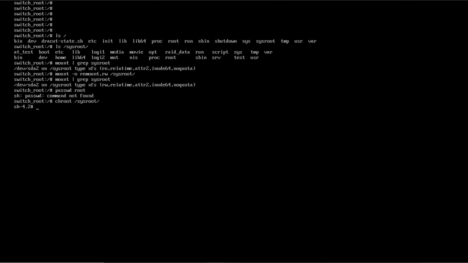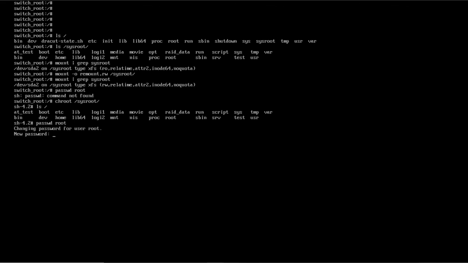Now when you see here, your shell has also changed to sh, and now you get your main file system. Now when I list / directly, it shows me my file system. It is not showing the temporary one, because now we have our own file system loaded. Now when I run the command passwd, it runs and I can change any user's password, or the root user's password also.